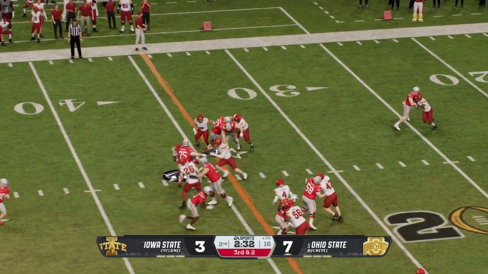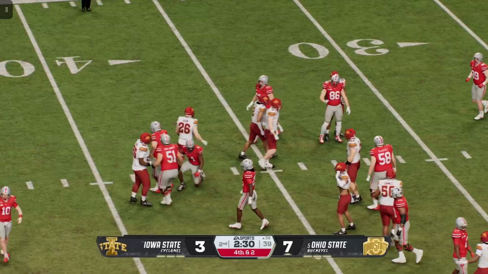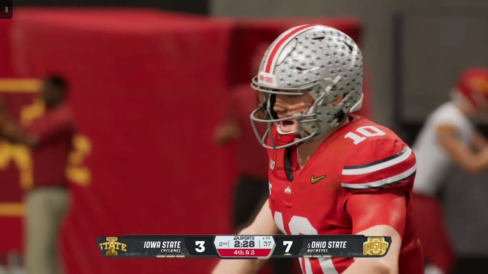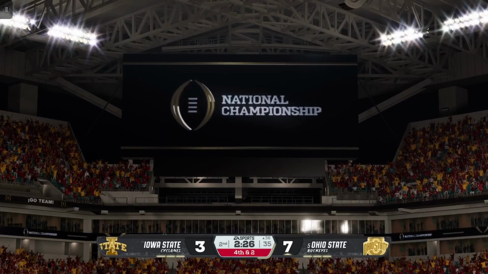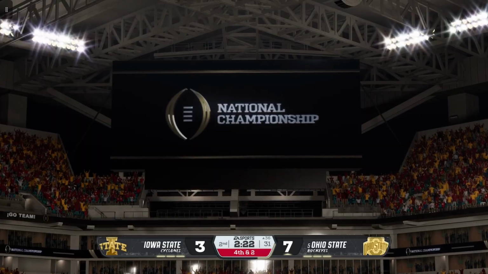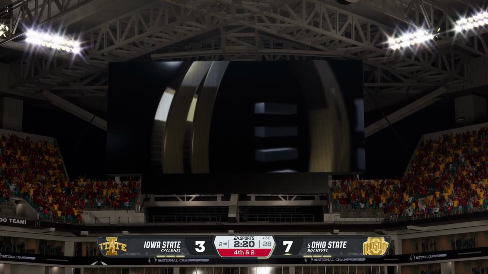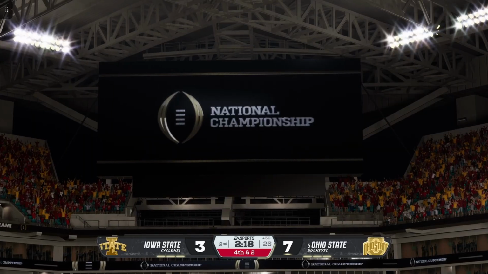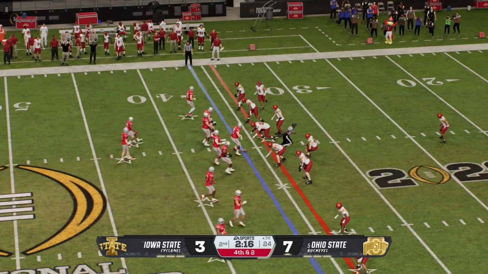The receiver's got it on a jet sweep on 3rd down. Stopped right there at the line. No gain. Really good call here to go with the jet sweep, but you've got to get north and south. Once the defense is out of position, the quicker you can get vertical, the better chance you can find yardage for that first down. 4th down.